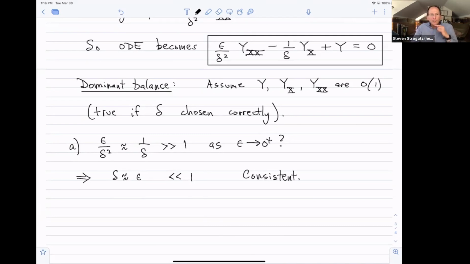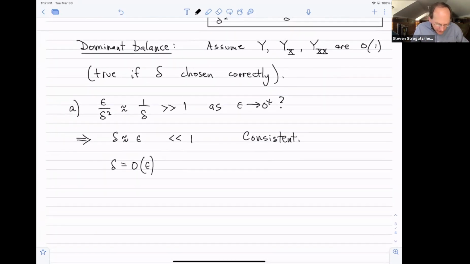By the way, why am I writing the double squiggles? I'm just trying to say, you can interpret this to mean delta equals big O of epsilon, where I'm not worrying about the prefactor. I'm just saying that it scales the same as epsilon to the first power as epsilon goes to 0. I don't care about the constant in front of that. So I don't want to write a single squiggle because that would mean that the prefactor is 1. It's not saying delta is asymptotic to epsilon. It's just scaling like epsilon. So I'm going to write that with 2 squiggles. All right, so this is one possibility.